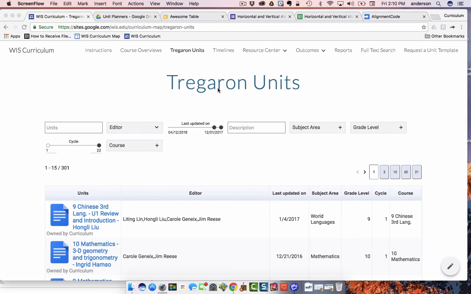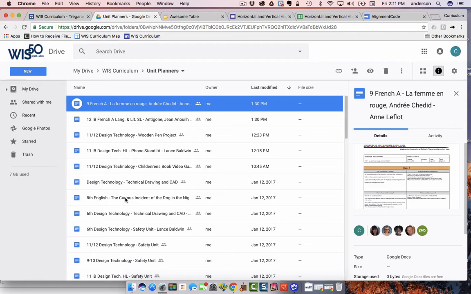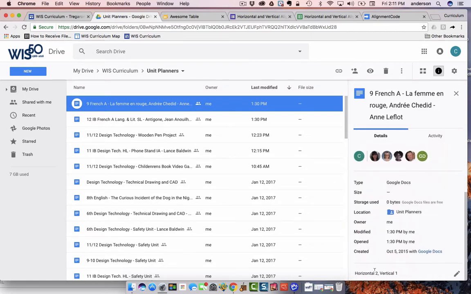So what you're about to see is, on the map, there is a field known as the description field. This pulls from the metadata of a Google document. So if I go into a Google Drive folder with all of the unit planners, and under information on the right-hand side, this is the metadata. So what I've been able to accomplish is create a Google form that can automatically populate the metadata of the